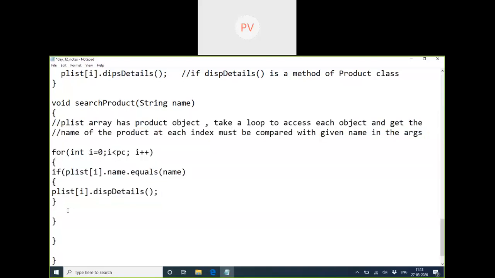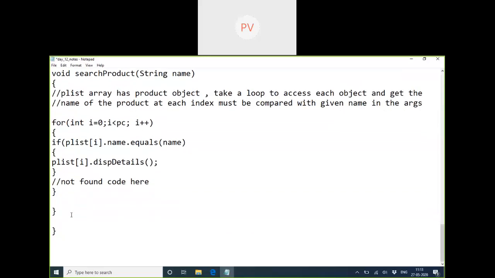So you write the code for the not found case right here. Is that clear till here? Any confusion? No.